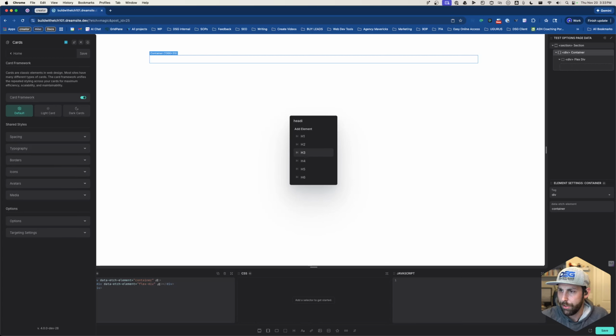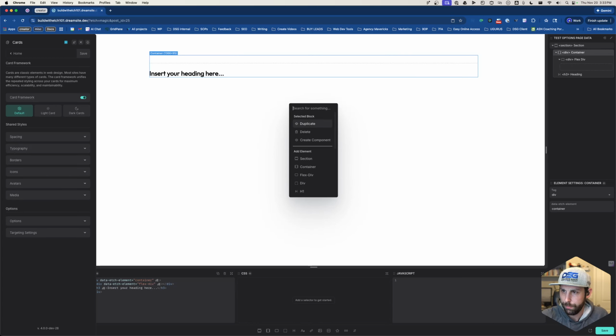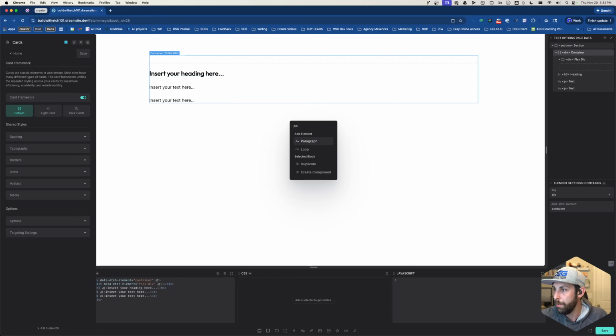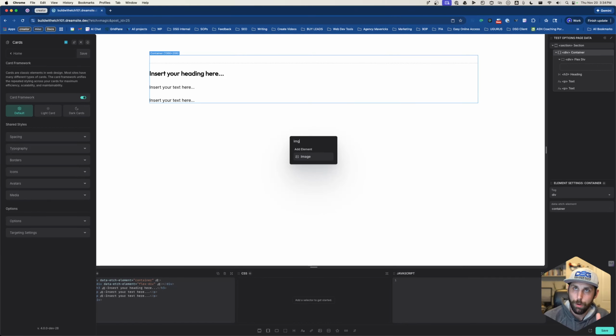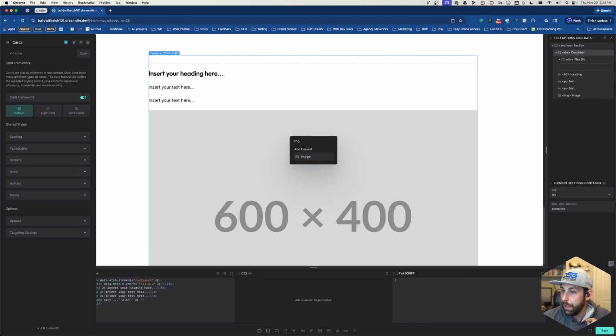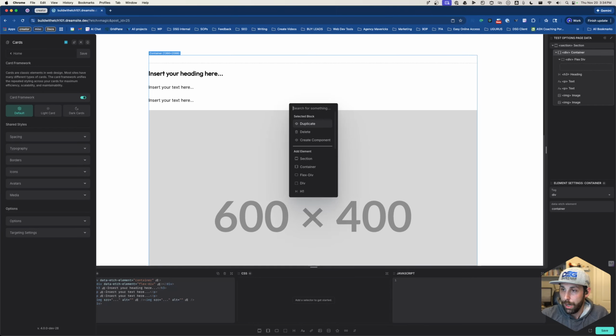Then an H3, and then a paragraph. Let's do 2 paragraphs. I'm going to try to put something for each type of element that the card framework can style. So let's do a heading, text, a media, an avatar,